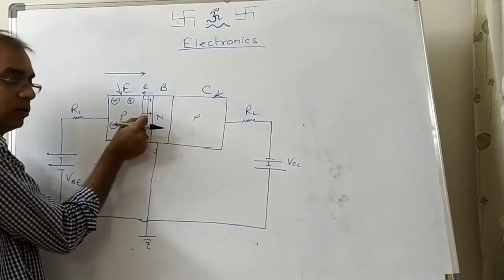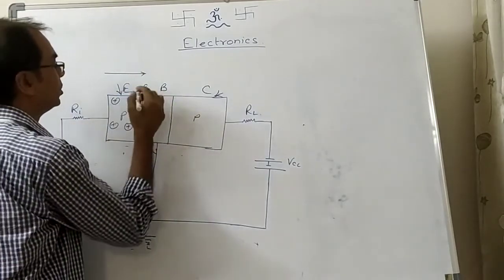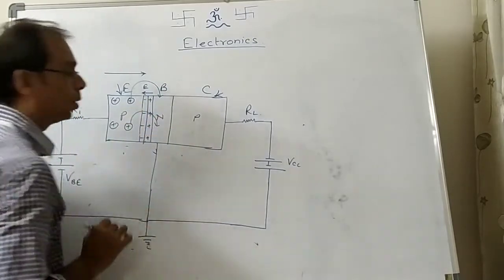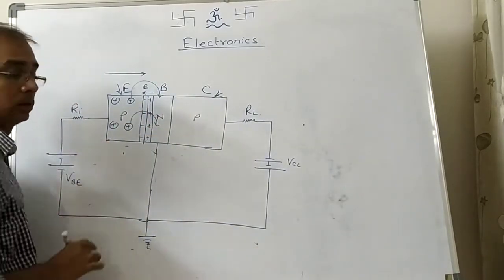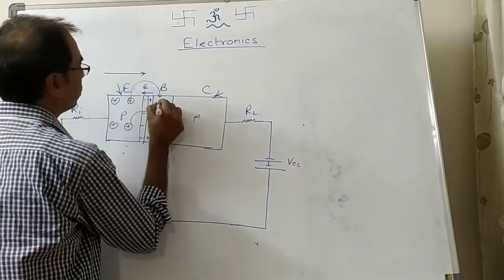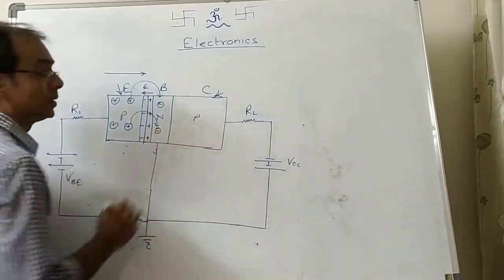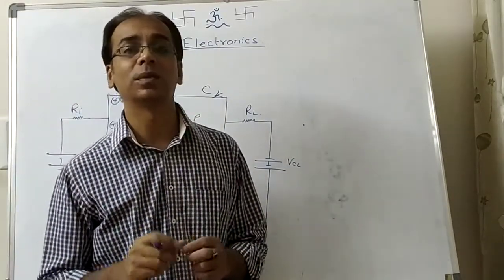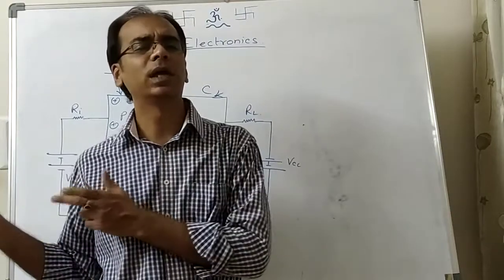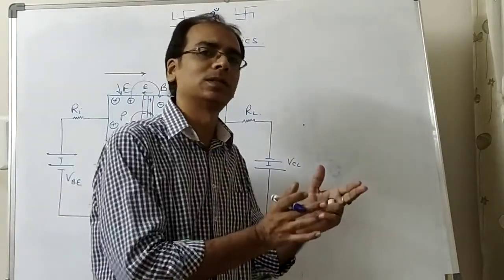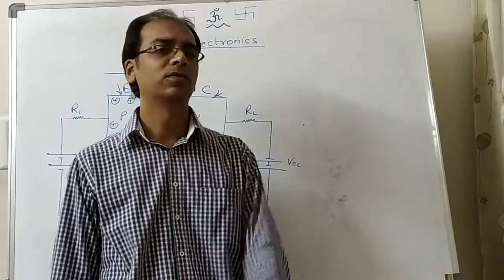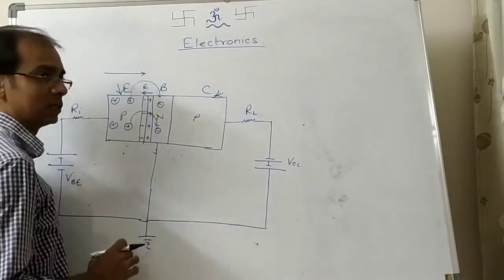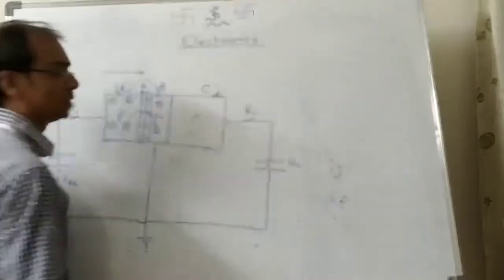So the depletion layer keeps decreasing, and these holes will jump to the base. Now the base is what? N. So it will have electrons. But the base is very lightly doped, so very, very few electrons are there. But the emitter is very highly doped. A very high number of holes will be coming towards the base, which has very few electrons. So very few holes will mix with these electrons. The remaining all will flood towards the collector.